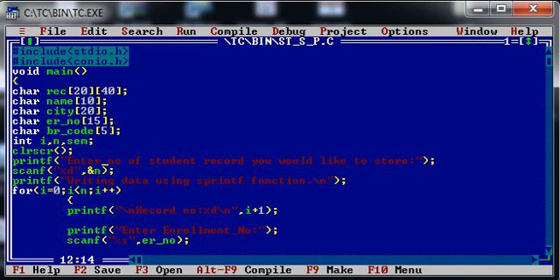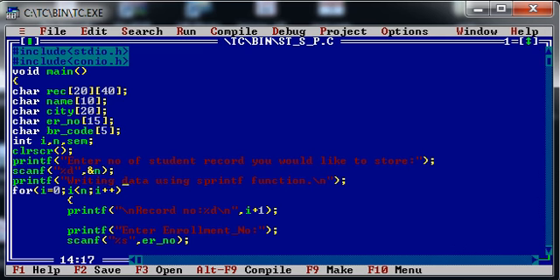Right? In the next statement, I am asking the user how many records they would like to store. That will be stored in the variable n. Over here, I am writing the data using the sprintf function. First of all, I would like to explain that the sprintf function is used to generate a string using multiple variables which contain different values.